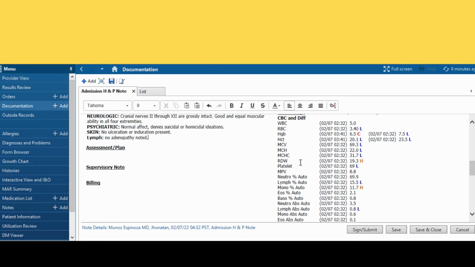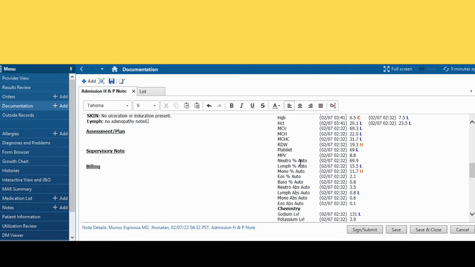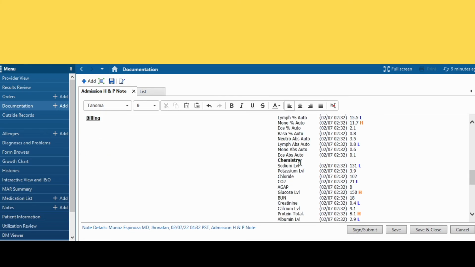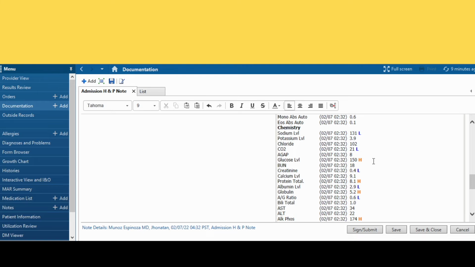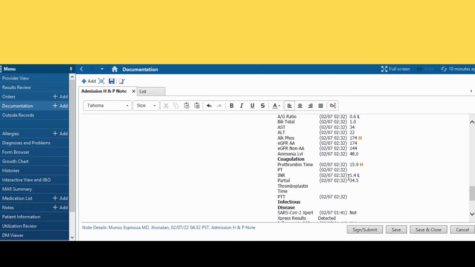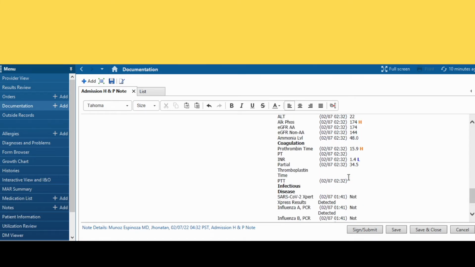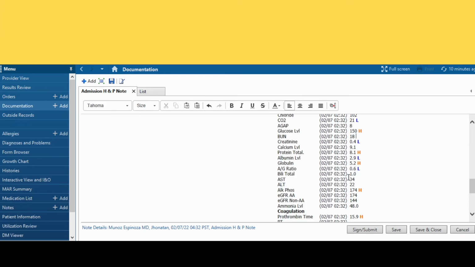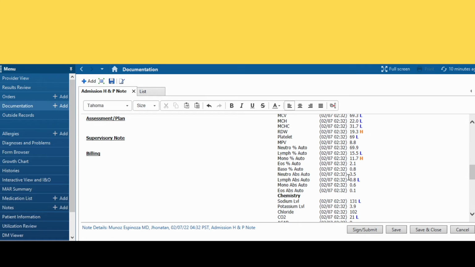And then we have MCV, which is low, and then we have sodium, which is low. So we have a couple of abnormalities here. Then the glucose is elevated, the CO2 is low. CO2 is a reflection of bicarbonate. And then what else? Alk phos is elevated from primary biliary cirrhosis. All right, so with all this, we go to the assessment and plan, and the problem, we're going to